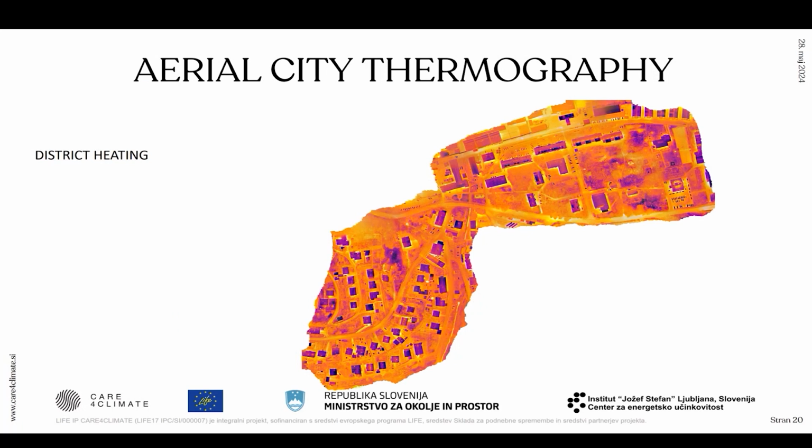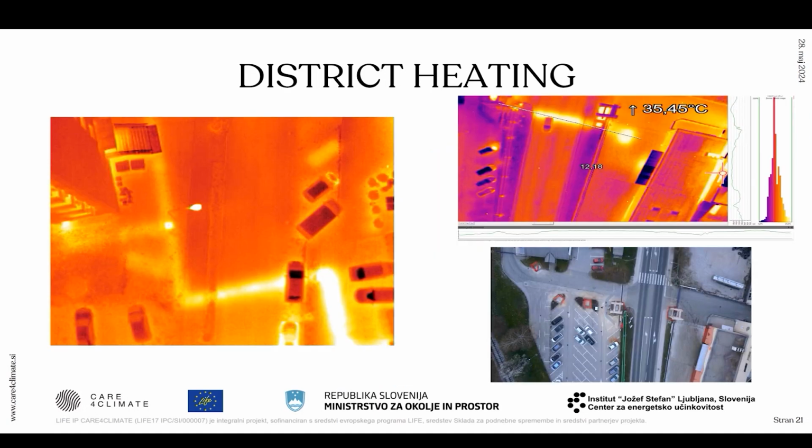But if I took this technology to the whole city, yes, we do the whole city. It is a different kind of approach. Mostly we do this with district heating, but a lot of times we can clearly see the public buildings on these maps. These maps are basically maps of money. So this is easily understandable. Every bit of heat is basically money that is evaporating out. We mostly do this with industrial complexes, but also for district things.